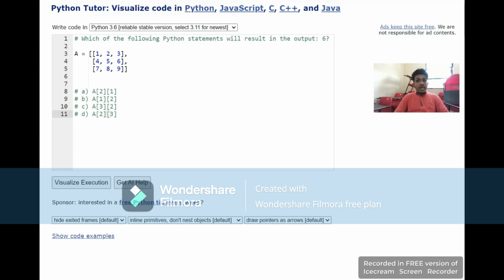In Python, lists are indexed starting from 0. This means A[0] refers to the first row, which is 1, 2, 3. A[1] refers to the second row, which is 4, 5, 6. A[2] refers to the third row, which is 7, 8, 9. To access the number 6,